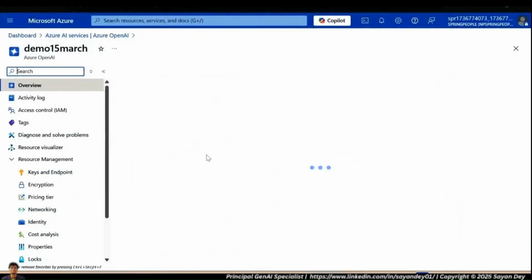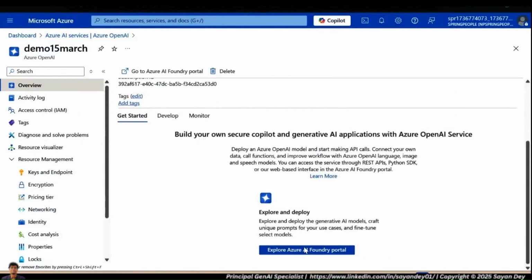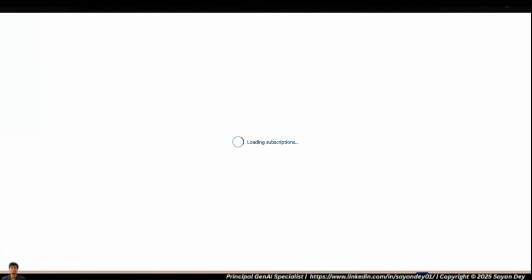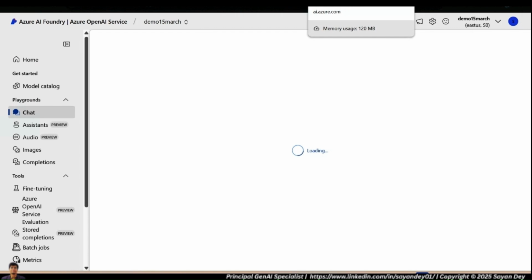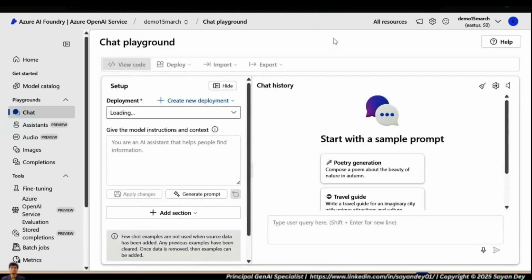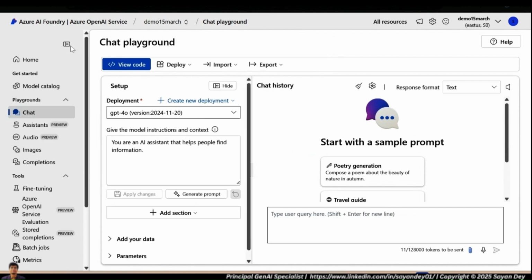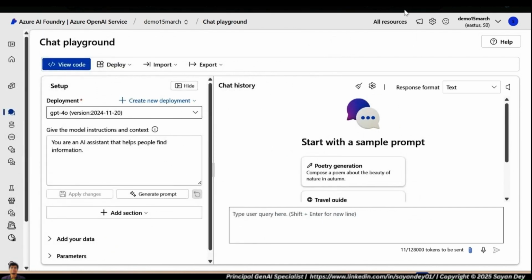We'll talk about this in detail later on. But you can see this is how the interface will look. All of you remember from the OpenAI demo I showed you a while back, where we were able to access the model directly, and you can see this is the same way we can do it here, right? This is GPT-4 Omni. I have the same kind of interface, very similar to what I was using in OpenAI. And mind you, this is only there in Azure because OpenAI has an exclusive partnership with Azure to host their models. This is not available in AWS or something, right?